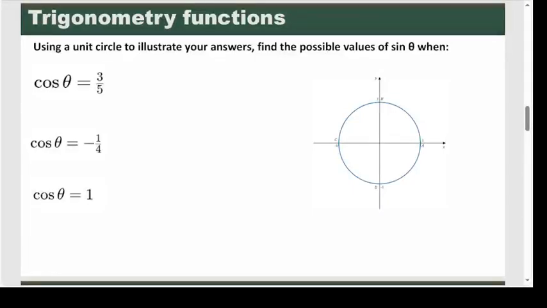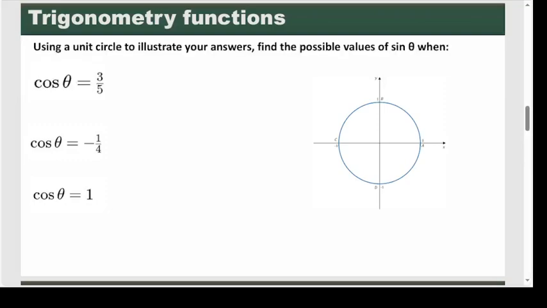Here it says, using a unit circle to illustrate your answer. Find the possible values of sine of theta when cosine of theta equals 3 over 5. When cosine of theta equals 3 over 5, as I always say,